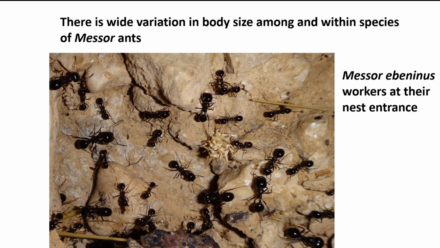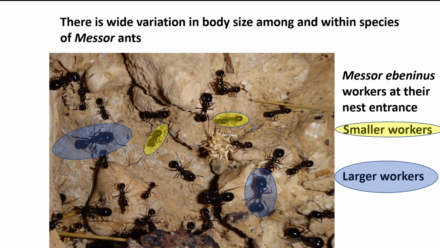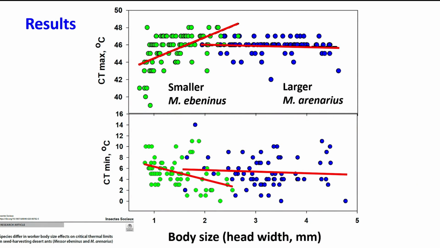So this is the smaller bodied species. We're looking at a group of workers at the nest entrance, and you can see that there are relatively small-bodied and large-bodied workers that are quite distinct from each other in size, and the 2 species also differ from each other in size. So we measured the CT max and CT min of workers from different body sizes,